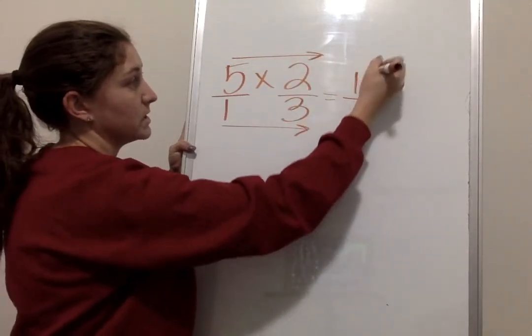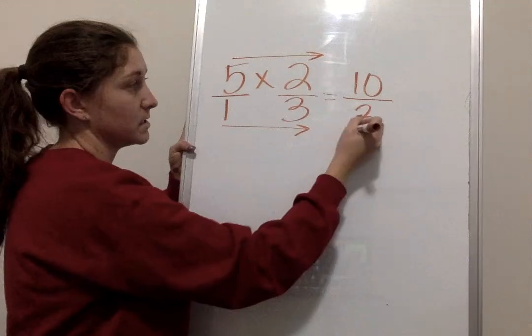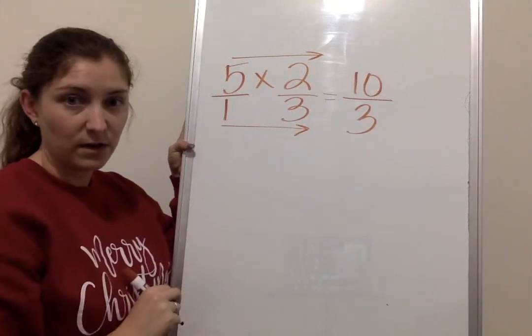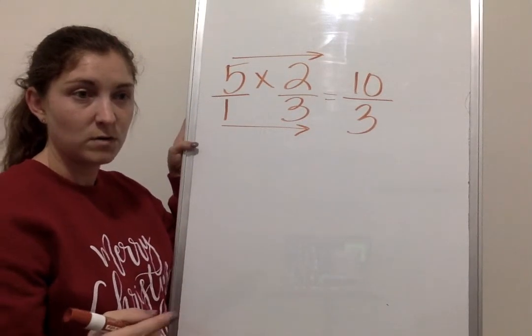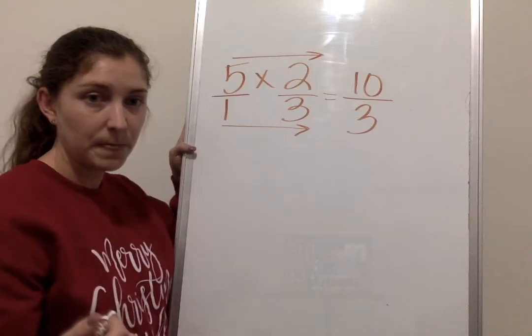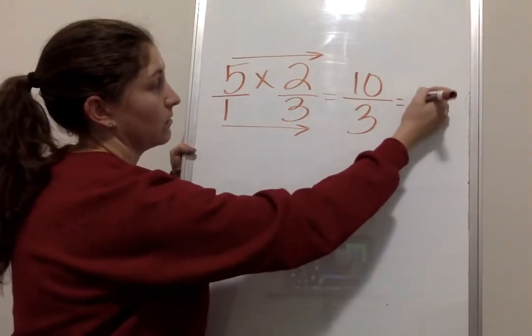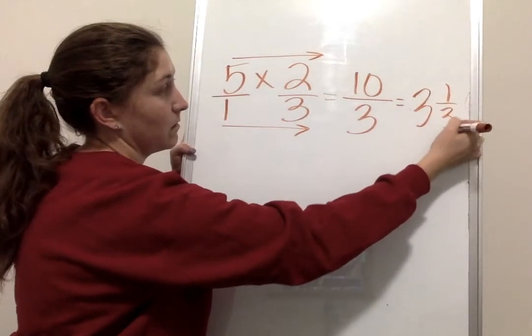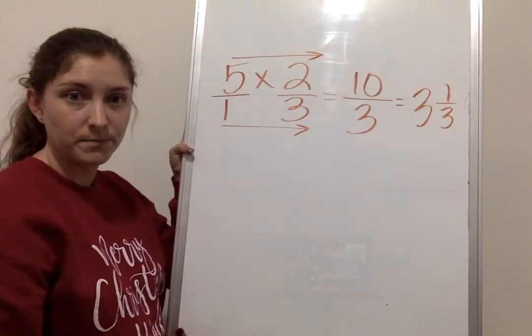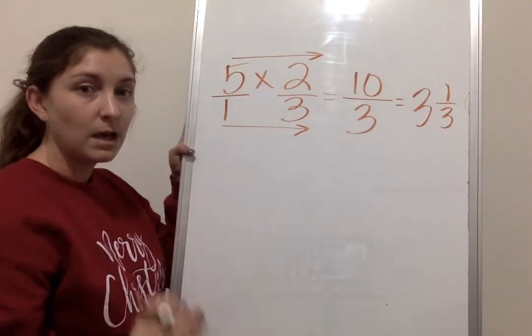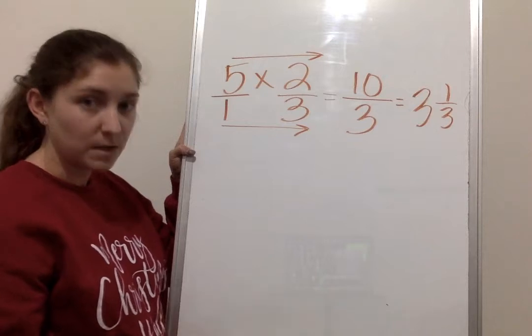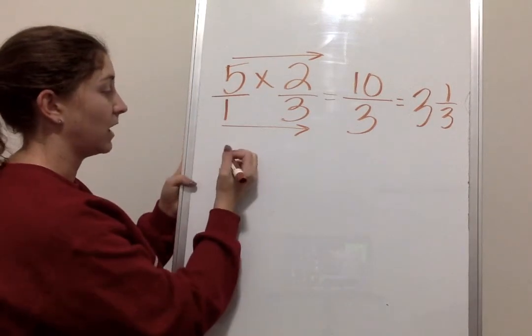5 times 2 is 10. 1 times 3 is 3. I have 10 thirds. See if you can change that to a mixed number real quick. The correct answer here would be 3 1/3. Okay. If I were to do this with a mixed number, so if I were to have